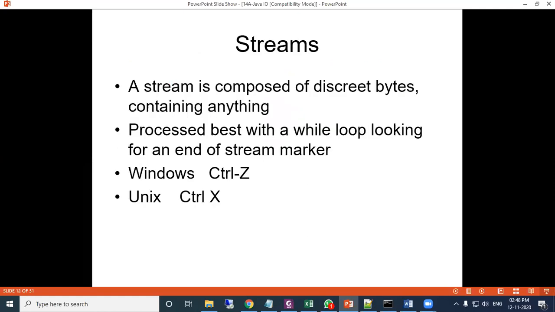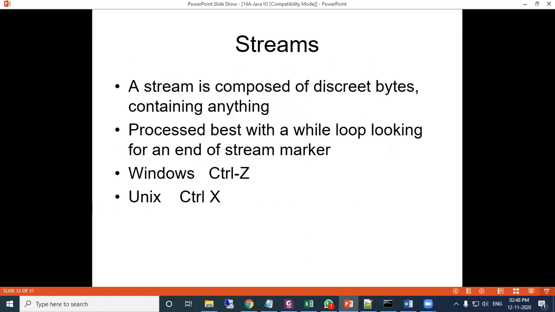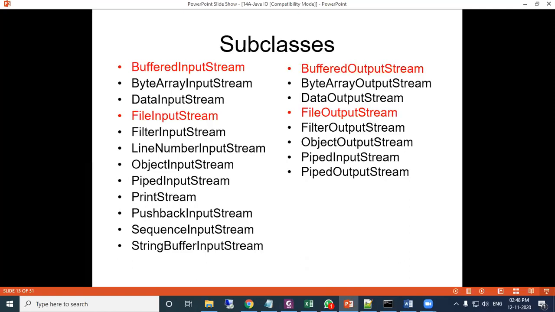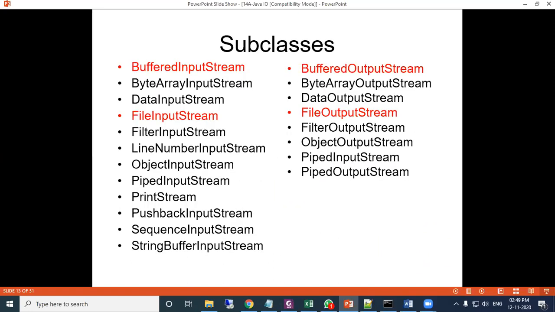So these different streams we now know: buffer and file. It may be input stream, it may be output stream. So these input stream and output stream classes are subdivided into BufferedInputStream and FileInputStream, BufferedOutputStream and FileOutputStream.